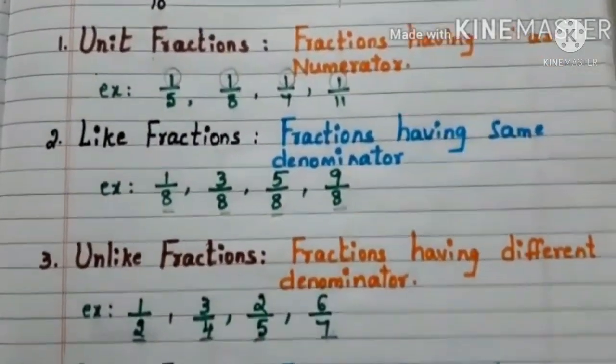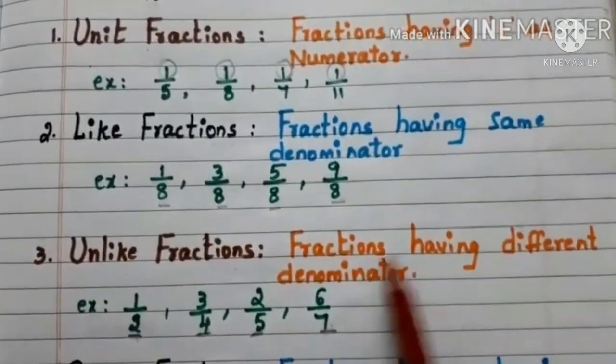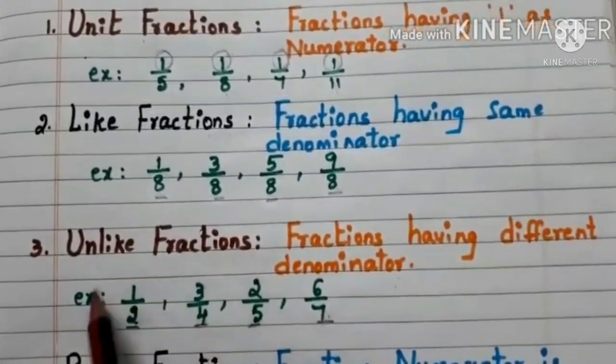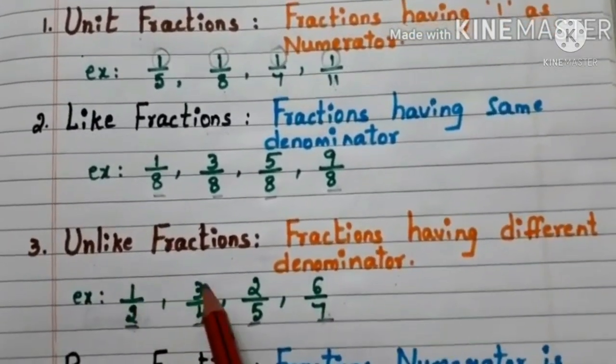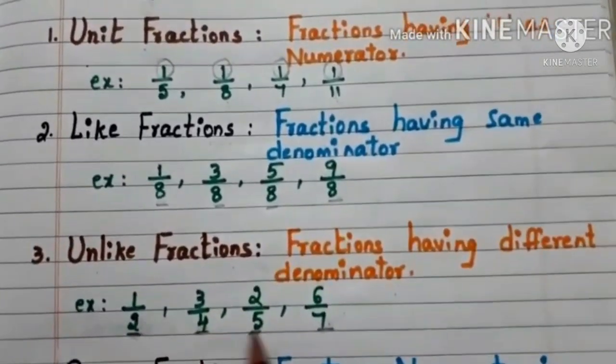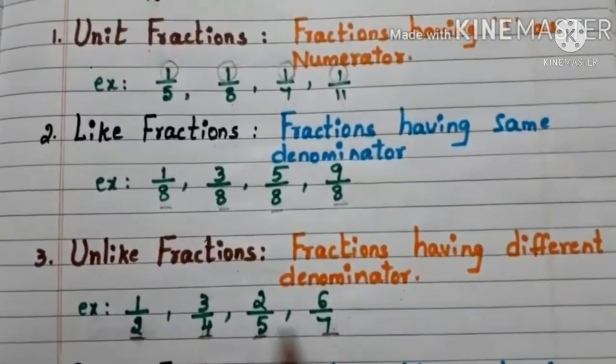Okay, let us go to unlike fractions. Fractions having different denominators are called unlike fractions. Here we have some examples. 1 by 2, 3 by 4, 2 by 5 and 6 by 7. Observe the denominators. Here, these fractions have different